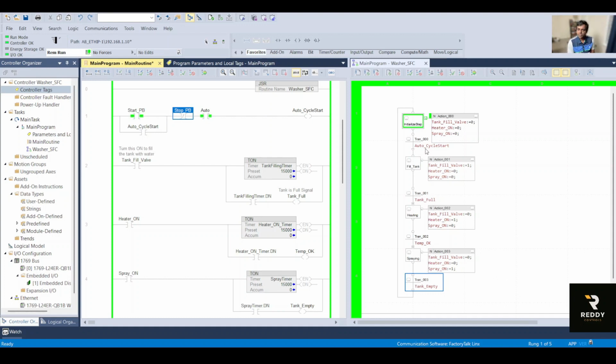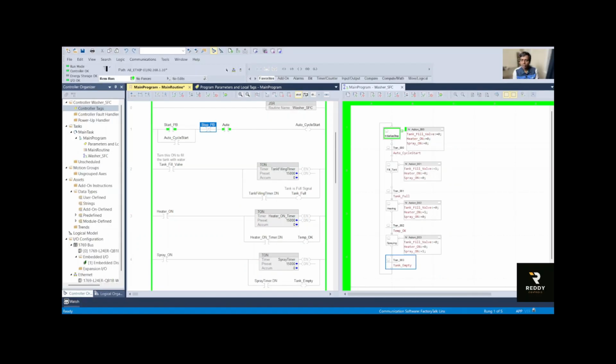And in the next video we will go more into detail, and we'll answer the commonly asked questions in SFC about how to add multiple steps or multiple branches, how to add safety interlocks, how to add logic for auto and